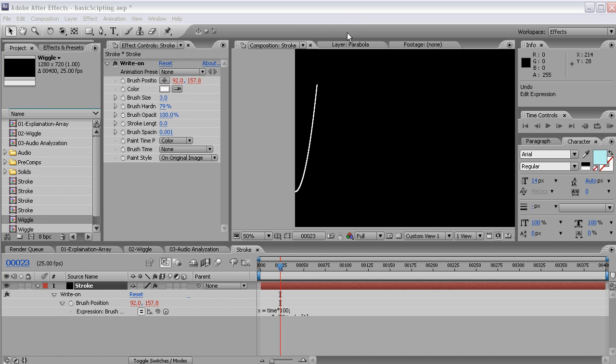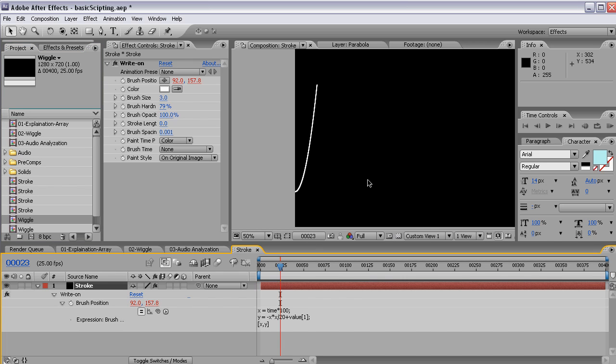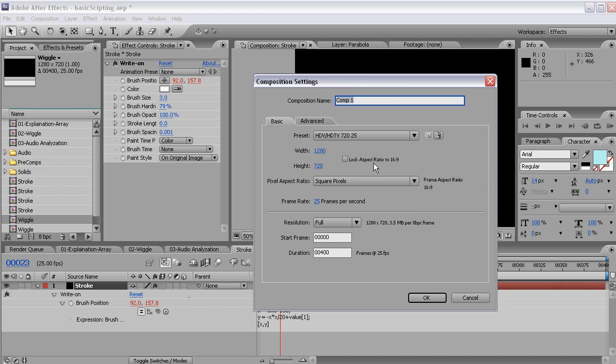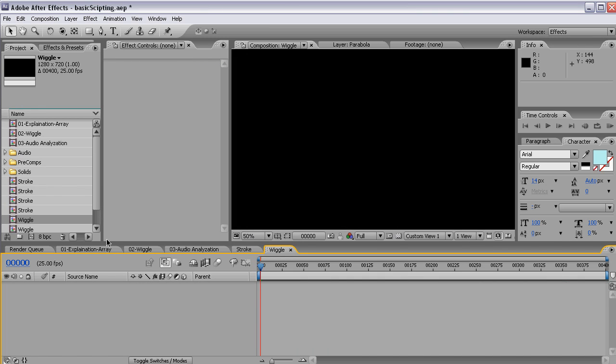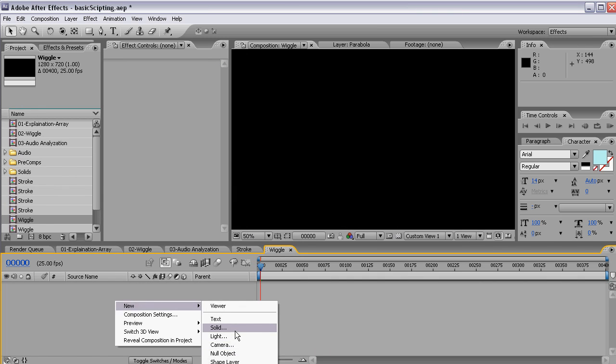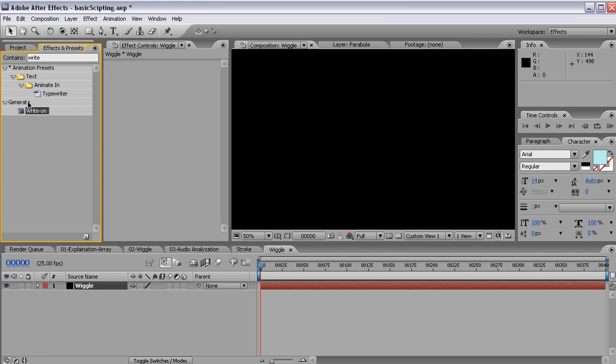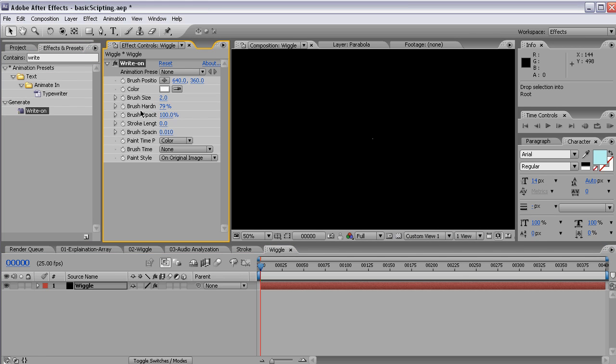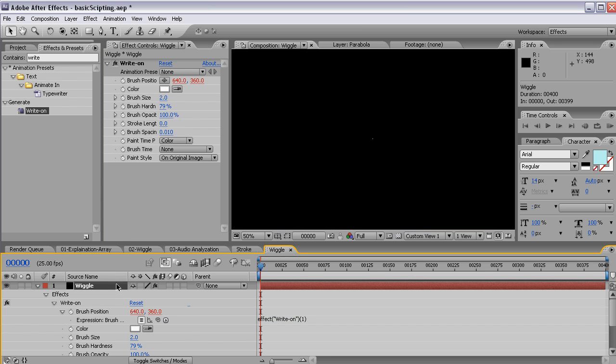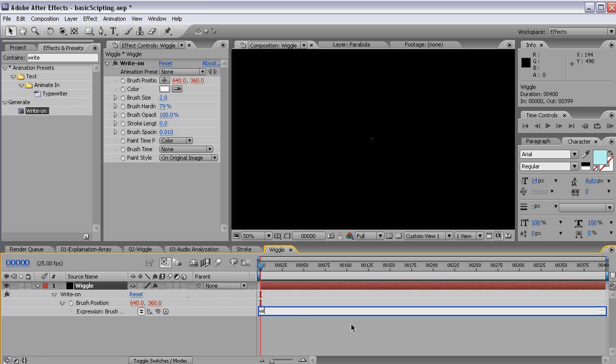Now let's pick a more practical example about how to split your brush position. And I will use the most common expression in After Effects, and of course I'm talking about the wiggle. I make a new comp, call it wiggle, make a new solid, also call it wiggle, and use the write on effect again. Animate the brush position by alt-clicking on the stopwatch, press U down here, and just type in